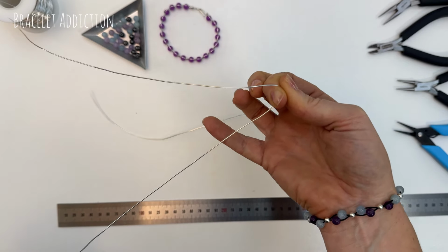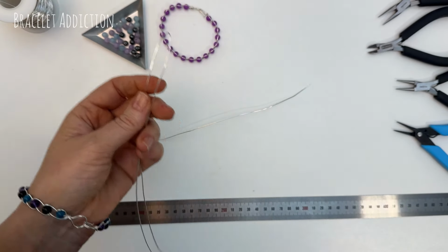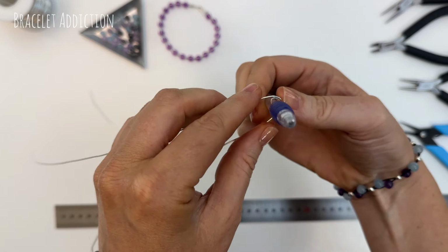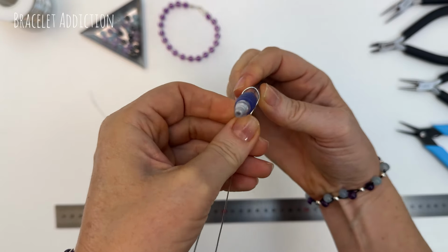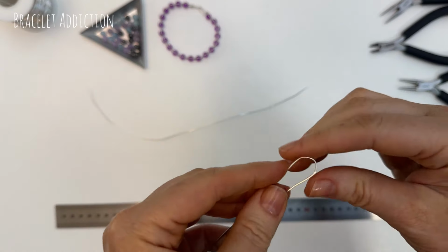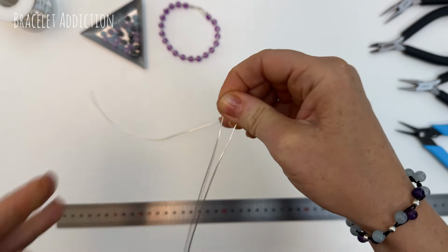Now we're going to make a nice small loop on this bend here, and this will be the loop side of our clasp. Now place something small and round into the middle of that bend so that we can start to form this wire around in this small loop shape. You don't want to bend your wire too fiercely or it will create a weak spot and then it may break. So just work nice and gently and slowly with your wire,